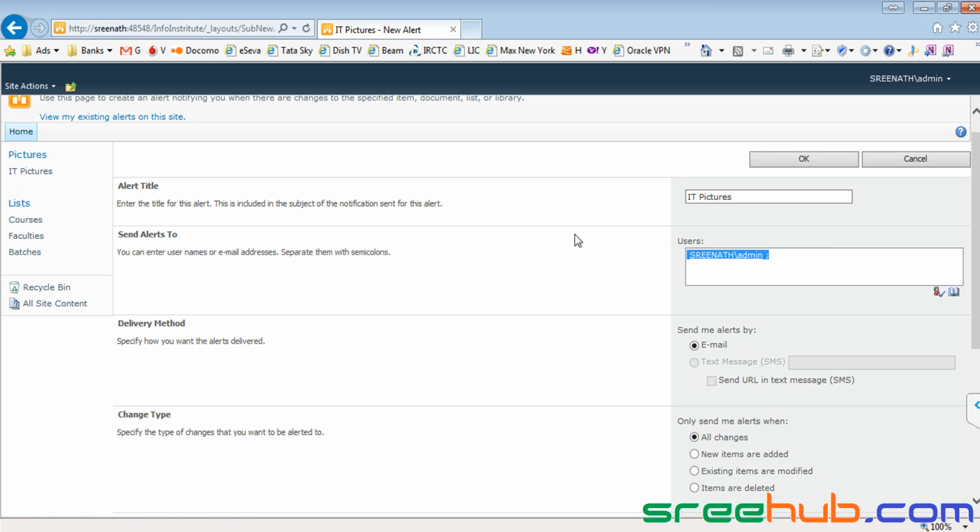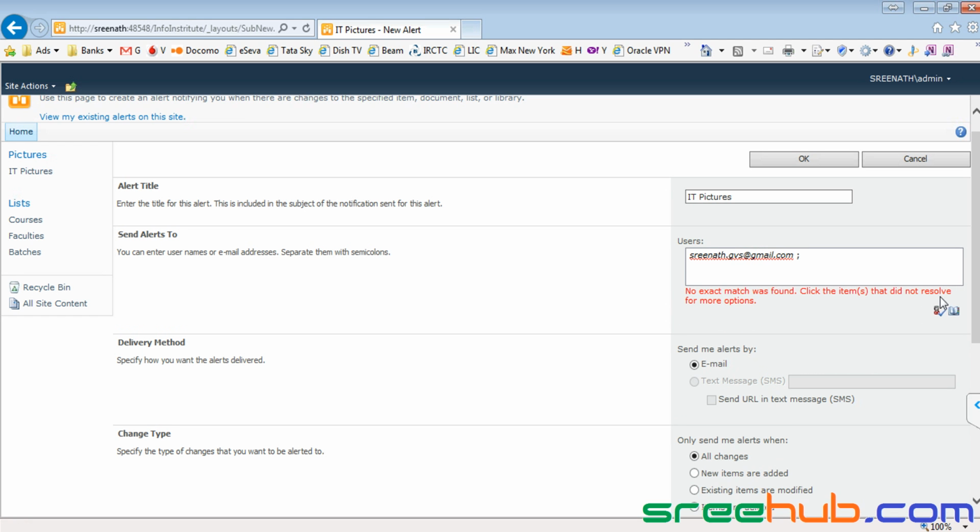But here actually this is my machine name. Unless you... let me give my email ID here, but it won't accept anyway. Let me just click on search. Can you see this? No match found,